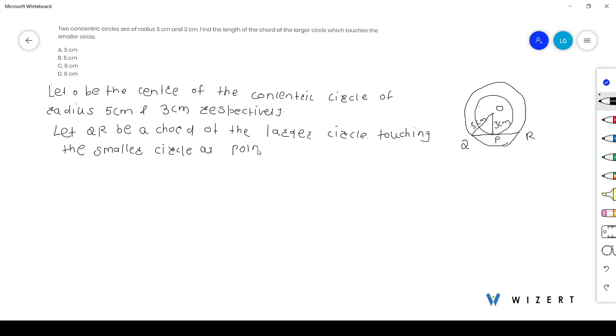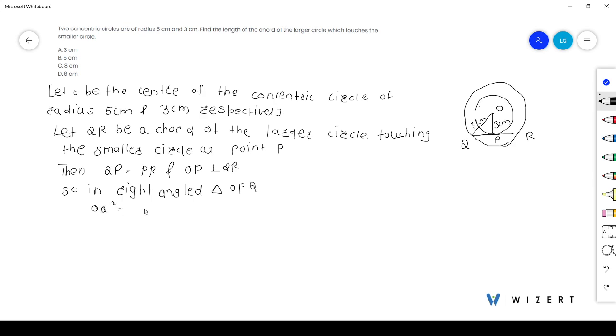At point P, QP equals PR and OP is perpendicular to QR. As this tangent is perpendicular to the radius, triangle OPQ is a right angle triangle. So in right angle triangle OPQ,